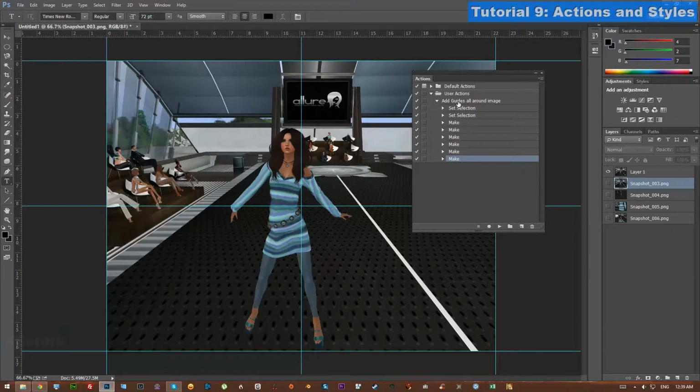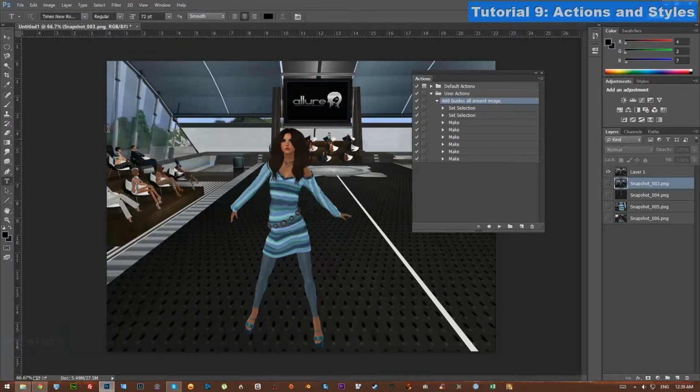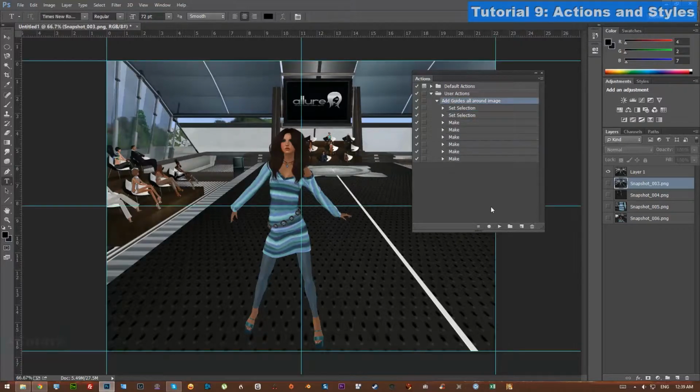So to run an action, you select the top of the action and then you can run it. So if I go and clear out my guides and I run this action now by clicking the play button, see how quickly that made our guides? And imagine coming back to your document and having to do that. It's pretty awesome, right? So that's the power of actions,